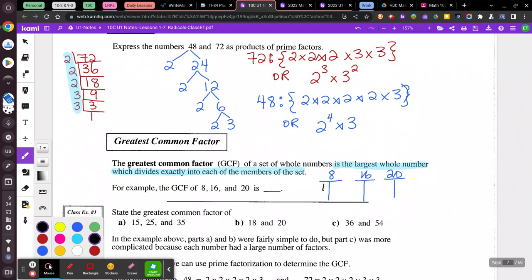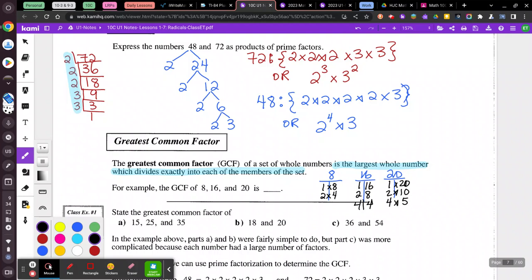So for 8, I've got 1 times 8, 2 times 4. For 16, I get 1 times 16, 2 times 8, 4 times 4. And for 20, I have 1 times 20, 2 times 10,